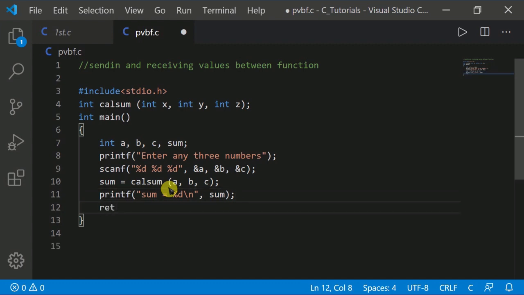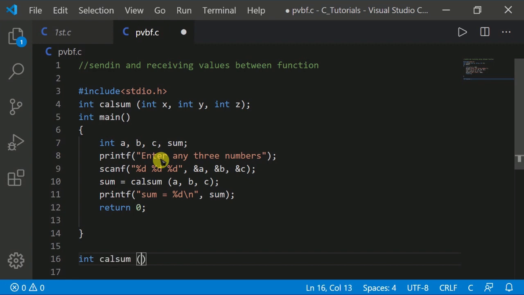Now it is stored into the variable sum, and return 0. After that I am going to define my function: int calsum, with int x, int y, int z.